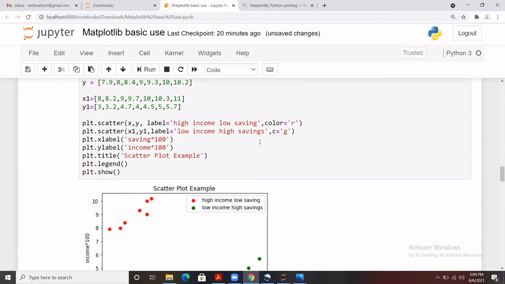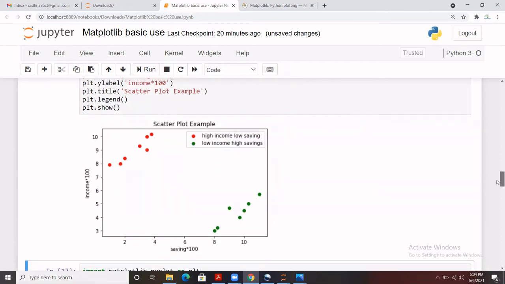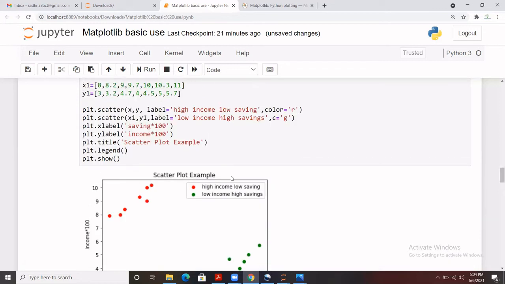So we can check that from Shift+Tab, how it works and what the different attributes are that we can apply, with their complete description and examples. Now the scatter plot has been created, and you can see how the data is distributed. These are the data points for savings, low income high saving, low income low saving, and so on, because we have put in labels, so that's why it has given this information there.